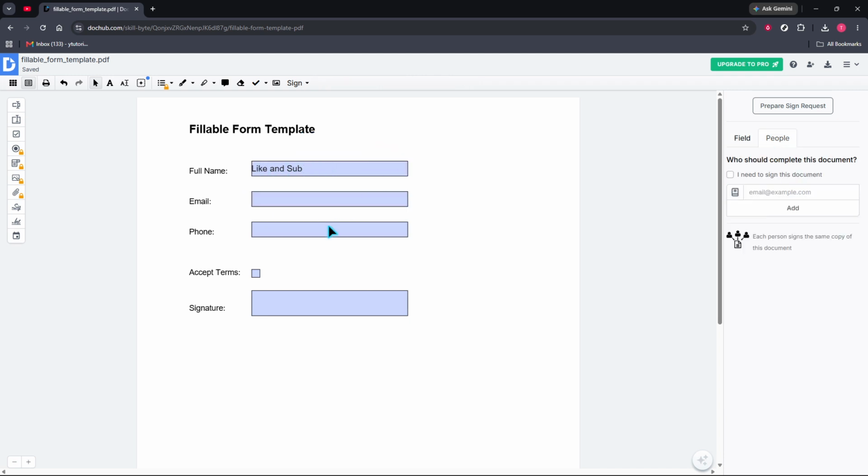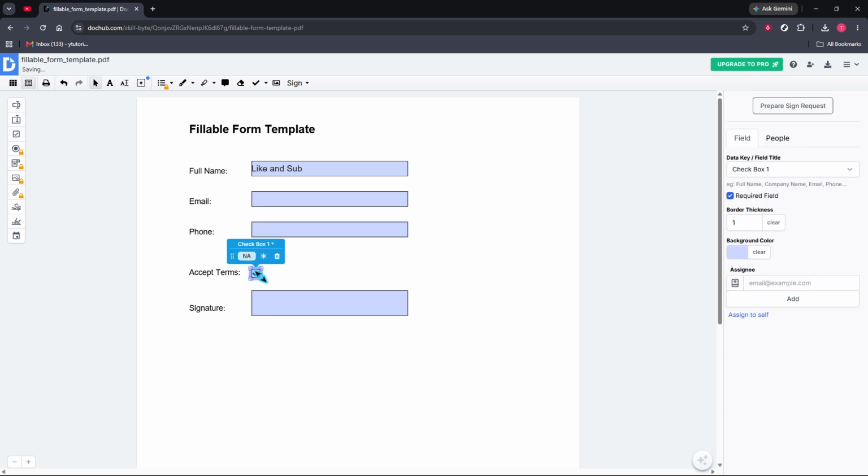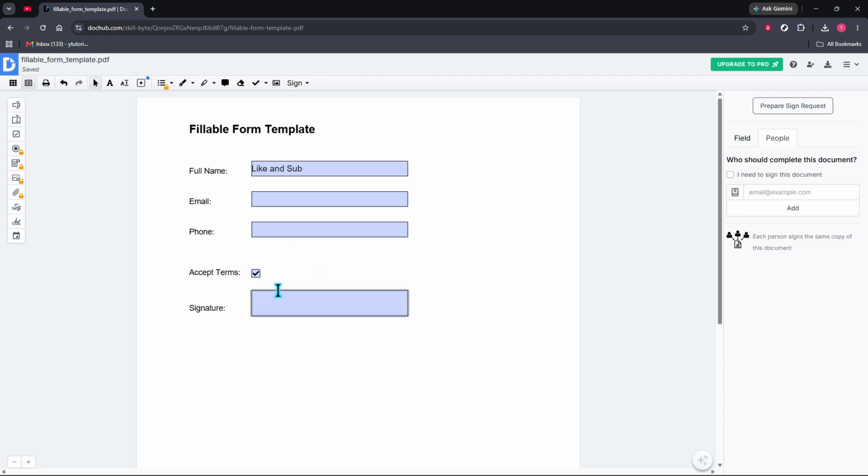For selection fields, such as checkboxes or radio buttons, click directly inside the option you want to choose. DocHub will register your selection immediately. This is useful for forms that ask you to confirm choices, agree to terms, or select one option from a